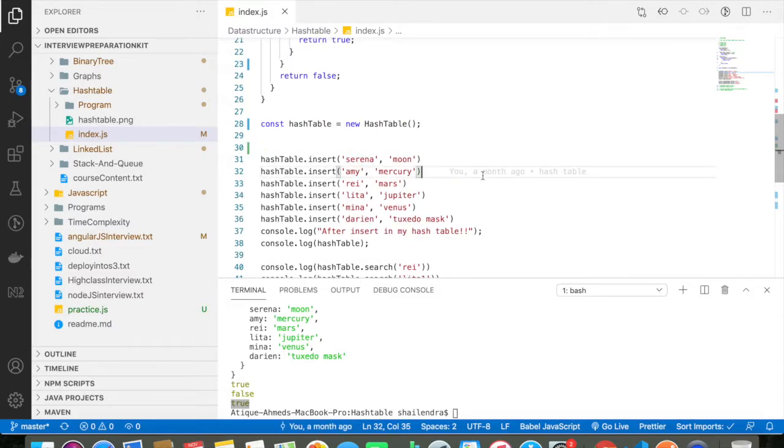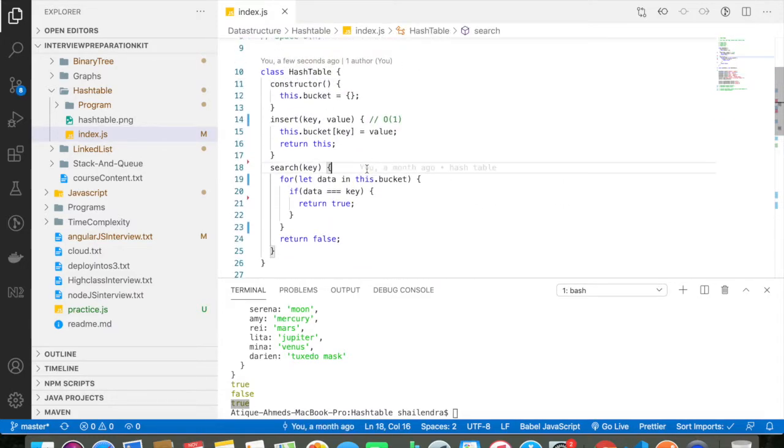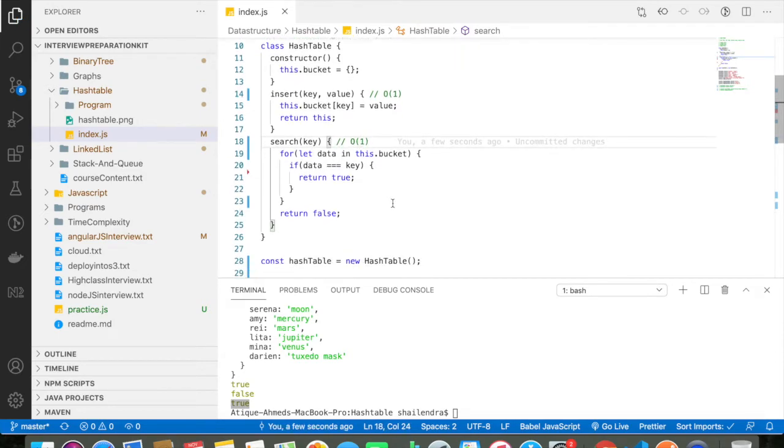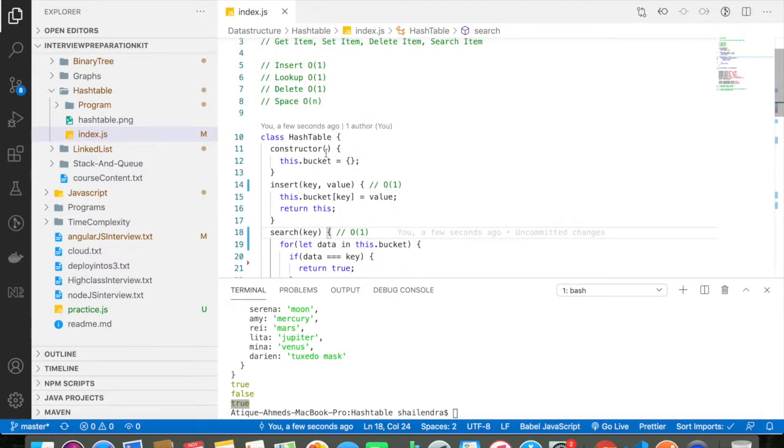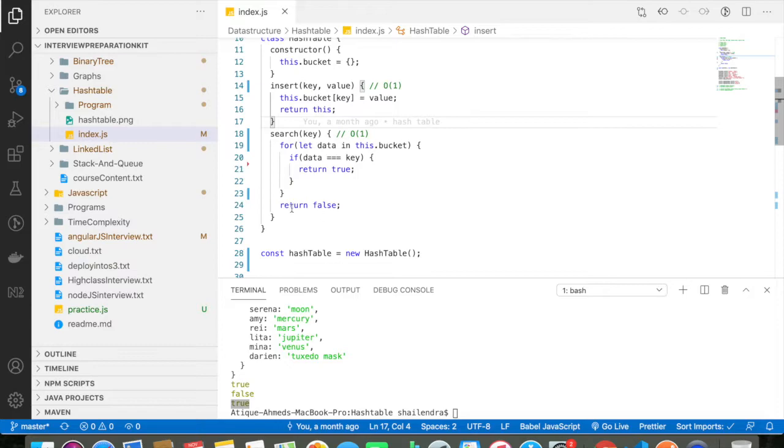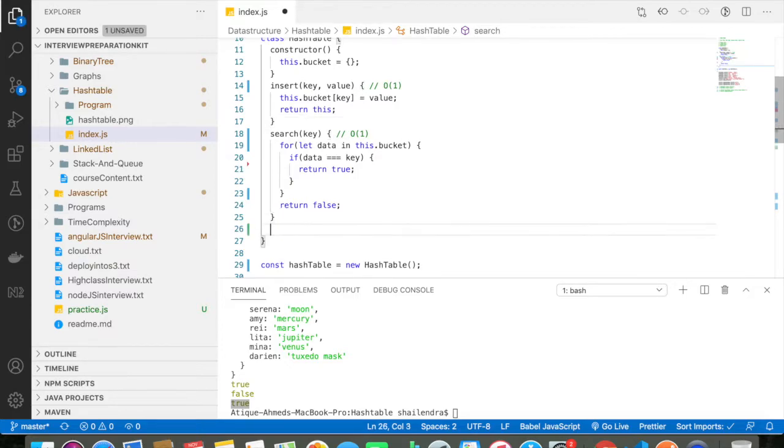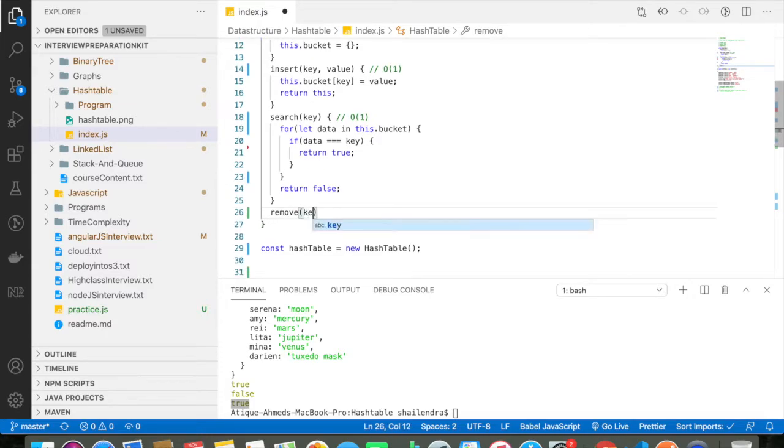Alright. So if I'm talking about the time complexity of search in the hash table, it is big O of 1, as we discussed here. Alright. So last but not least, we'll discuss the remove method, which again basically takes a key.